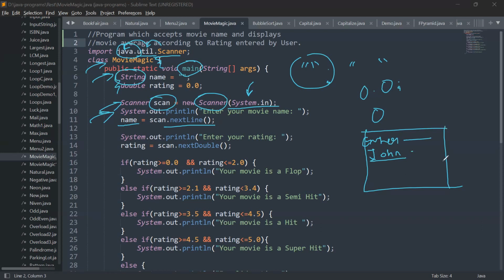Now if you enter 1, 2, 3, that is an int data type, and if you have written the nextLine method over here, then it will throw an error. Now let's move on to the 13th line,